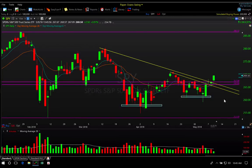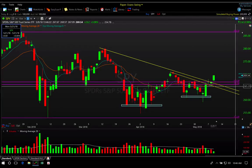So first off, the S&P 500, I think it's at an interesting spot here. We went into depth on the current market environment in yesterday's video, but if you are just looking for some broad market exposure, volume is light today, but take a look, it's breaking above these dual declining trend lines. It's clearing above some of this horizontal resistance. So if you're interested in a broad market, tight,